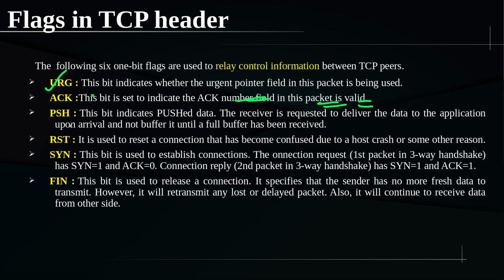Then another one is push, like urgent. This is again another one for dealing with different scenarios. So you know, in most cases, with the segment size, the transport layer entity at your sender side will be waiting for a complete segment. So it will keep on accumulating the data. Once it is getting something of segment size, we already seen how we will determine, it will be asking the network layer and the data link layer, and it will come up with the value that is minimum that both the network layer and data link layer can handle.